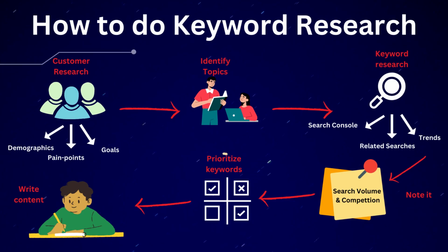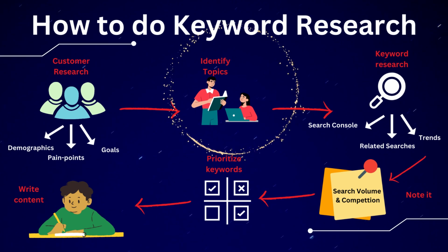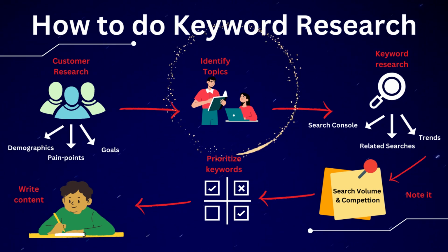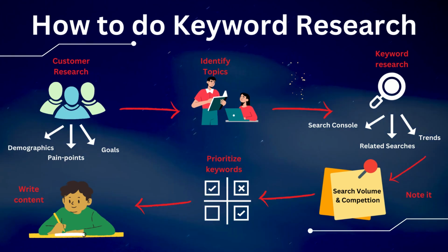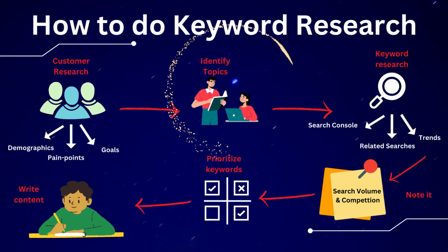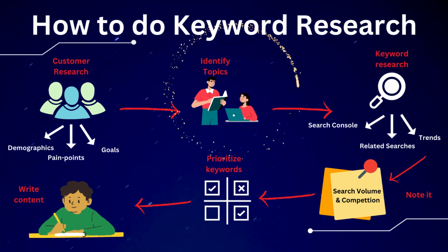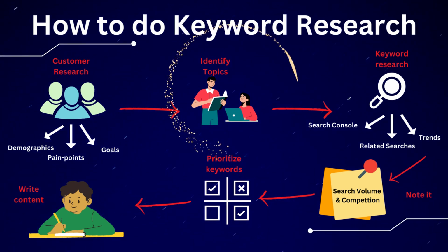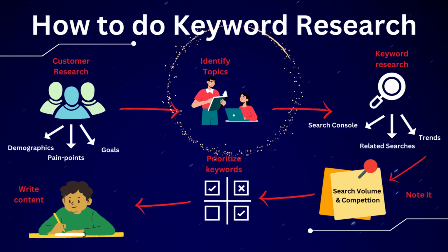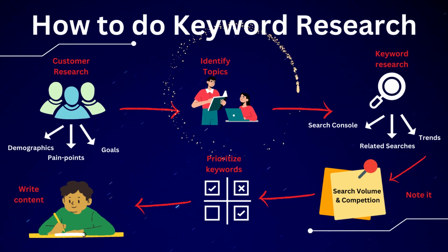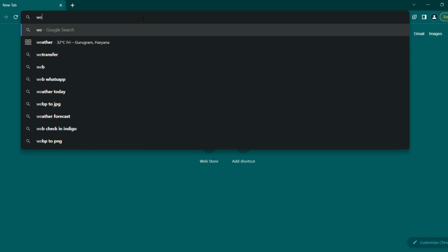Now, the next step is to identify topics relevant to the industry we work in or want to create content for. By focusing on these specific keywords or topics, we can establish authority and relevance in our content. In our example, since both the customer's requirement and our expertise align with website development, we can start by searching for the head keyword "website" on Google.